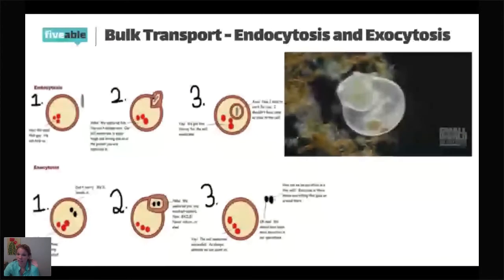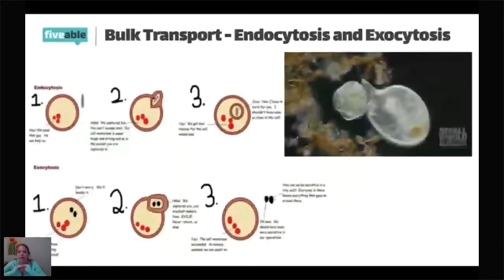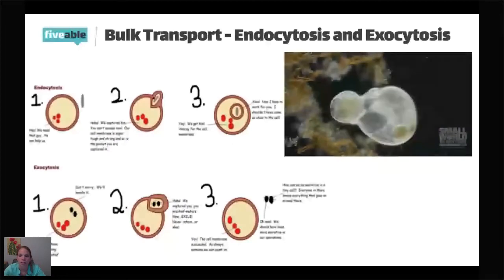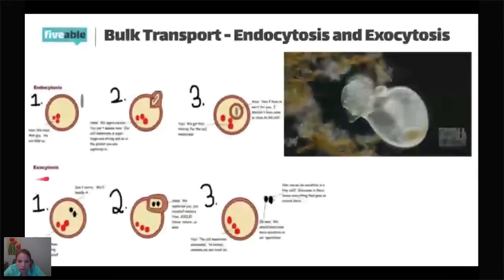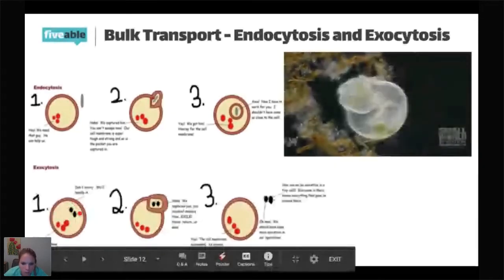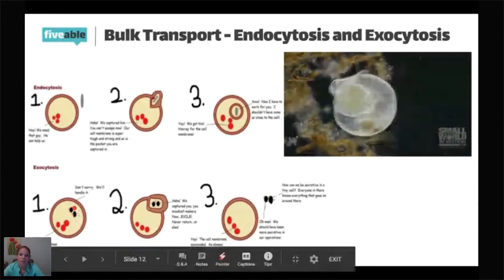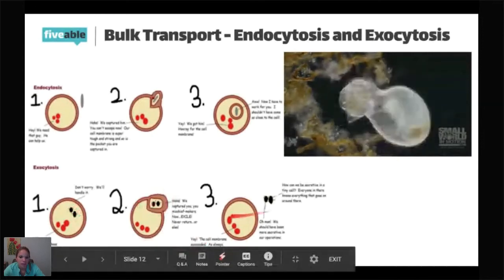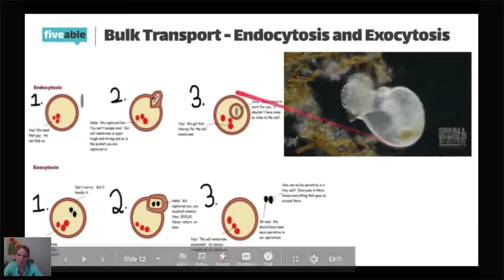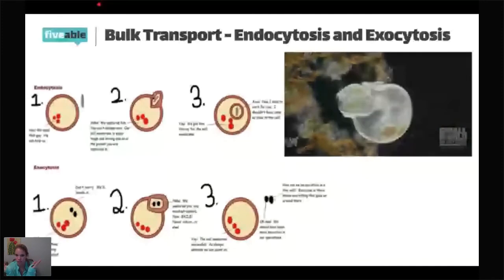So that's that on endocytosis. Endo, like enter, as in to come into the cell. And then on the other side, you've got exo, as in exit. So you're literally just doing the reverse. It's got these little things in here. They kind of look like bugs to me, so I'm going to call them bugs. So we've got these bugs, and they need to get them out of the cell. And so what they do is they form this vesicle around it, made of the cell membrane once again, and then they just spit them out. So picture this GIF just playing in reverse. So bulk transport is pretty simple. Just that exocytosis and that endocytosis.